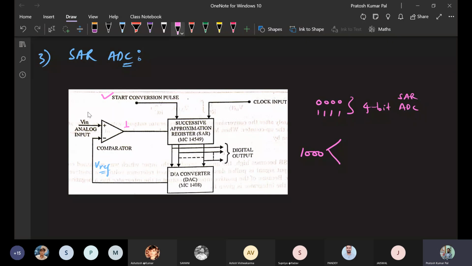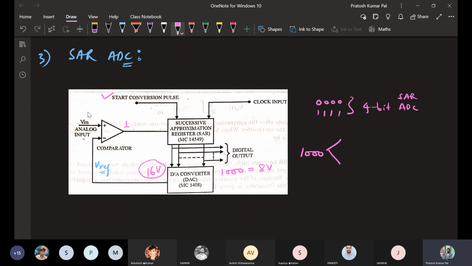The next bit is decided based on the value of the comparator. Once it is 1, the reference voltage, as this is a 4-bit converter, suppose the reference voltage we have taken is 16 volt. So with respect to 1 bit, 1 volt value will be there. Initially after conversion, 1000 is the code, so this will indicate a value of 8 volt, because 16 volt is the reference voltage, then 1000 will come out to be 8 volt.